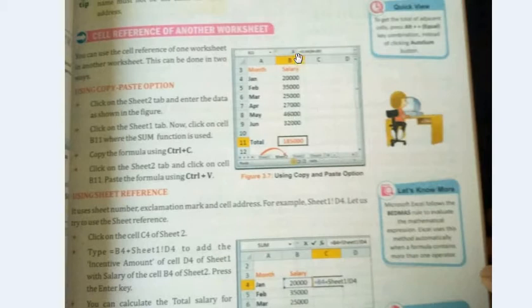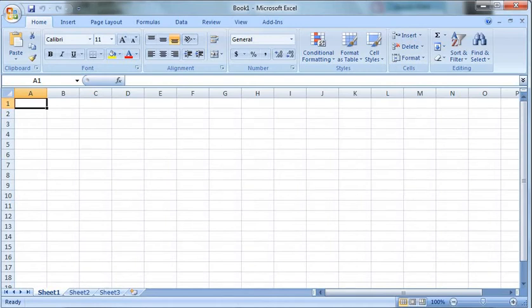So you already know that when we open MS Excel, any particular file is a workbook, and under that by default we have 3 worksheets. We can add any number of sheets, but by default we have 3 sheets, as I can show you. See, this is Microsoft Excel, this is the workbook.